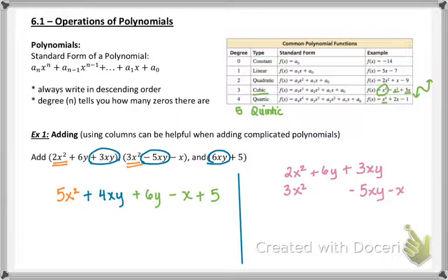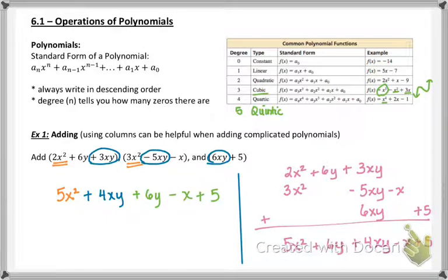Minus x, that's a different term that I can't combine, and plus the 6xy and plus the 5, and then I can go ahead and add these. So that's going to give me 5x squared and 6y and 3 minus 5 plus 6, that's going to give me 4xy minus x plus 5,